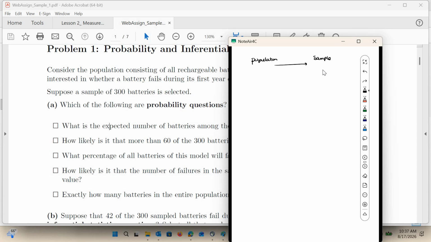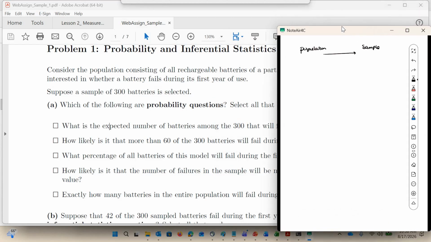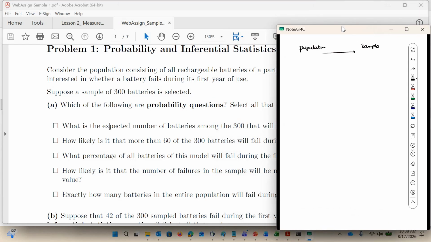So the ones in this checklist that I gave you that end up being probability questions are 1, 2, and 4. 1, in this case, I need to have a definition of, it's easier when you define things. So in 1, X is the number of failures in the sample. And what I'm trying to compute in 1 is the expected value of X,